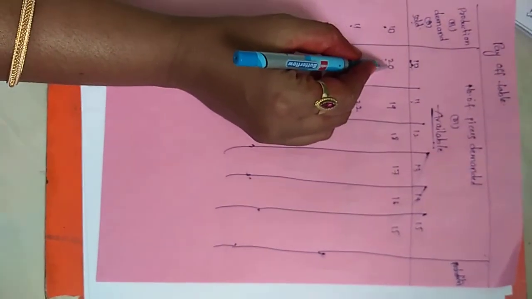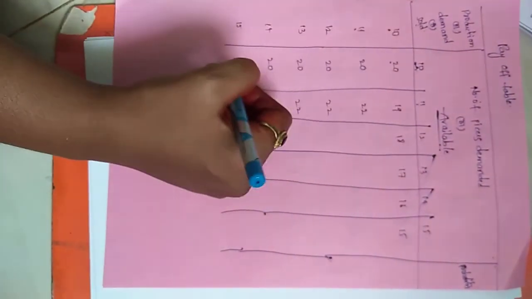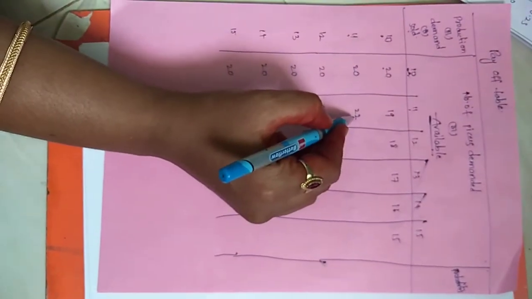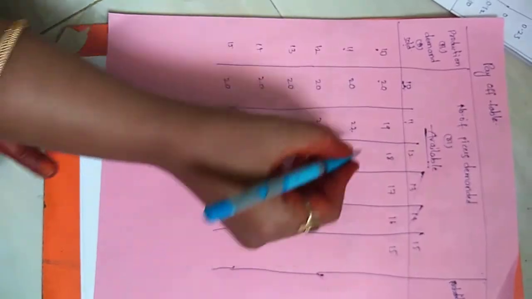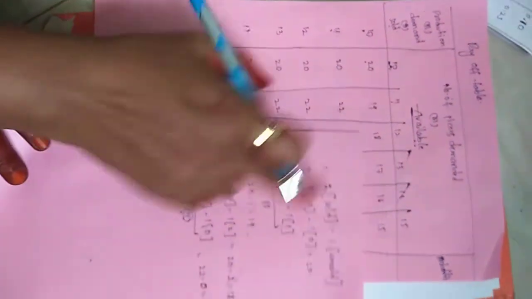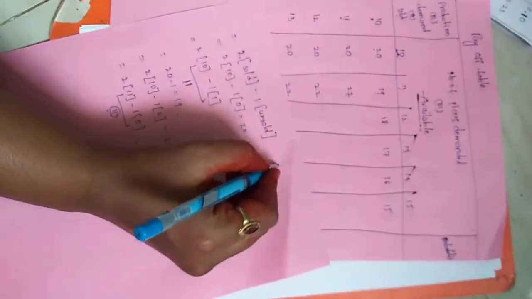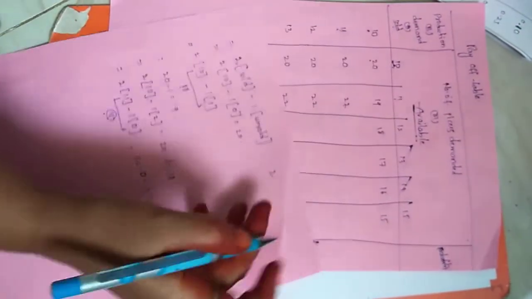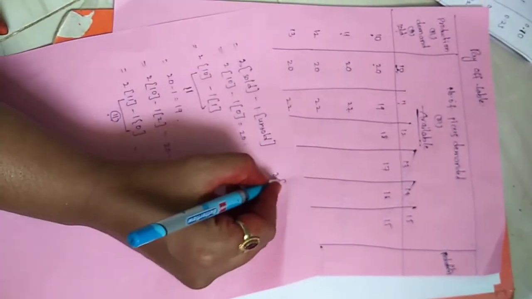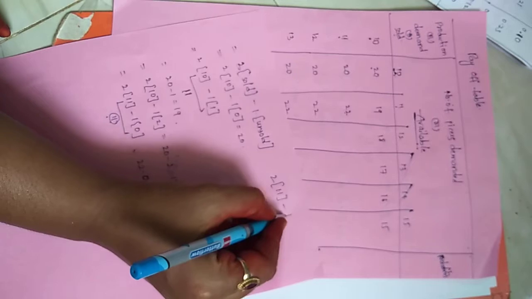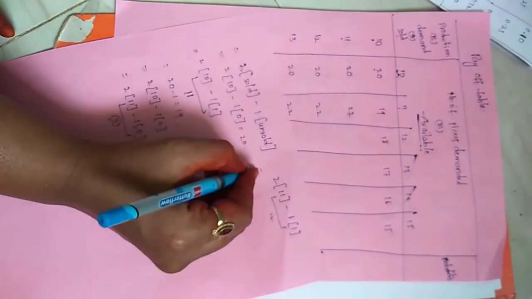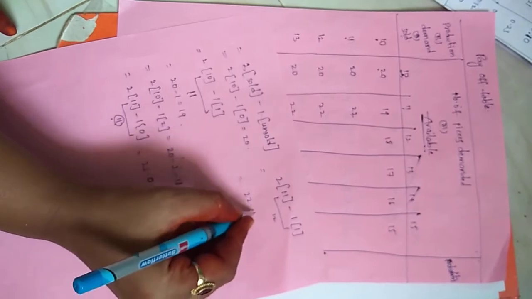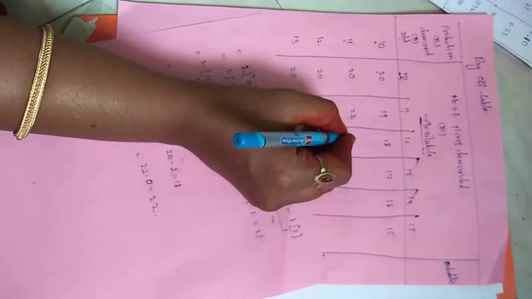Here, in the first row, the first value is the highest, so we copy it here. Then in the second row, the second value is the highest, so we copy it here. Next, available are 10, but we sold 11. It means 11 minus 1 into 1. The remaining 1 we have to write here. That means 22 minus 1, which is equal to 21.